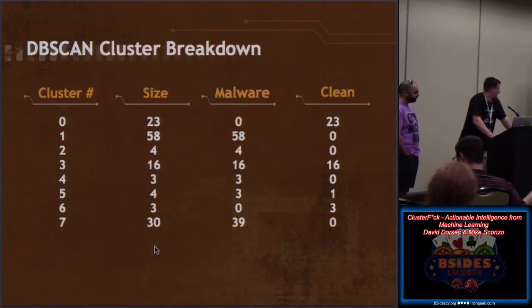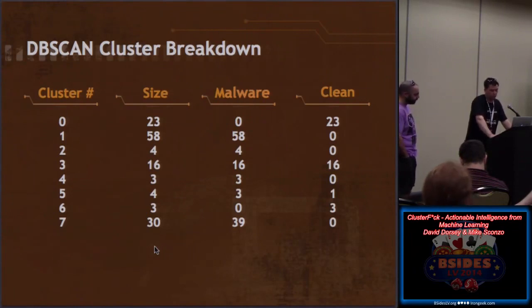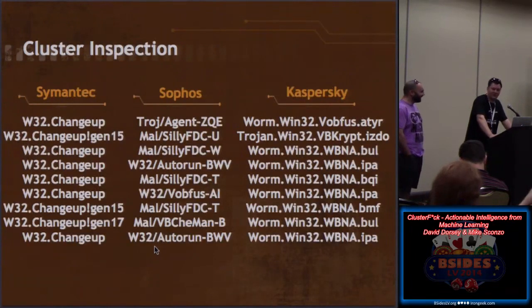So you can see we still got some decent-sized clusters that were grouped at least on the malware-clean scale pretty well. You have the 58. All of them are malware. So we were kind of enthusiastic about these results. So then we actually took a look at it, and actually it did pretty well to our surprise. Looks like multiple different versions of the malware family, and grouped it all together. I was quite impressed.